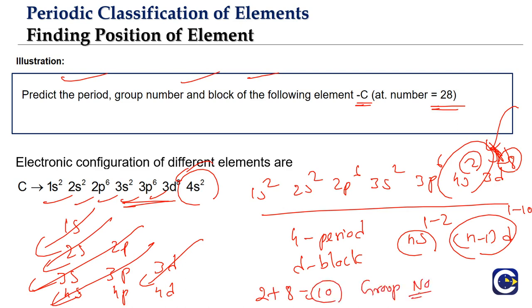So what is the group number here? It is the 10th group element. Okay, so this is how we can answer questions like this. But if suddenly we find that the element belongs to the f block, so if there is a question where the last entering electron is getting into the f subshell, in fact, it will get into the pre-penultimate level, the (n minus 2) f level.